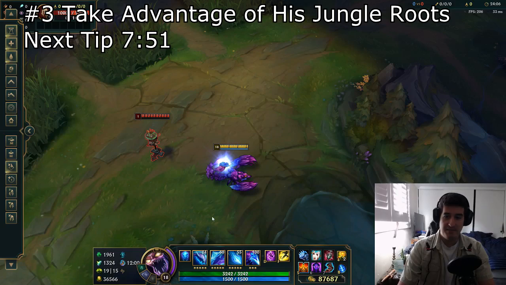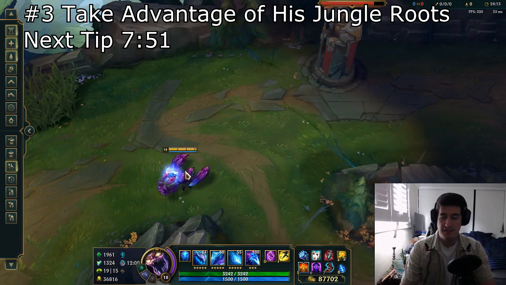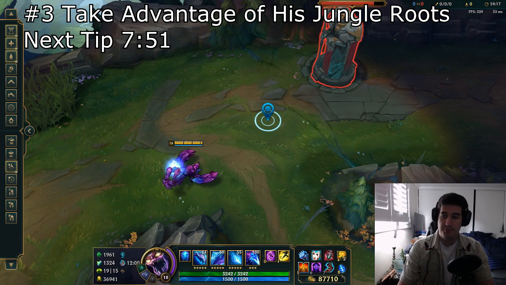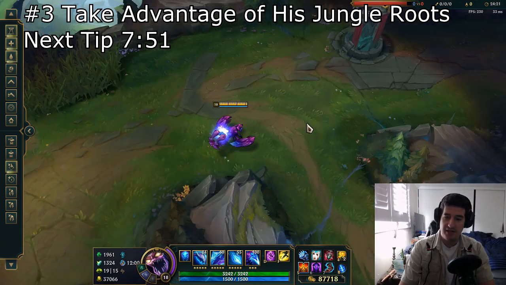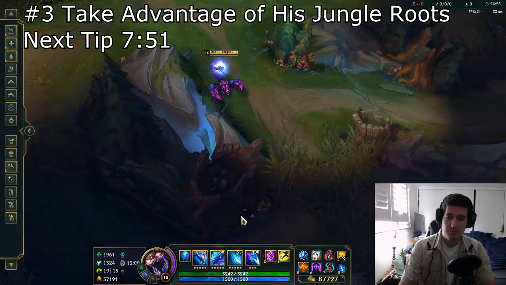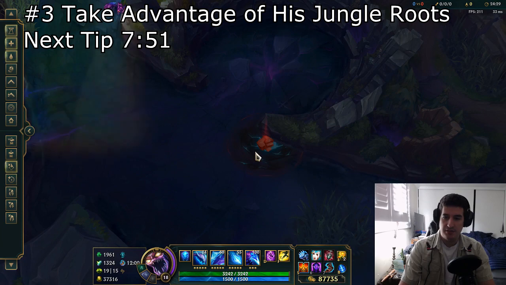Okay, and getting into tip number 3, I want to tell you guys about something that I think is extremely important when you are playing Skarner in the top lane, and that is when you are able to push the enemy under tower and they are just CSing under tower and you are unable to really dive them. How you want to look to play this out is by making sure that you are capturing the Crystal Spire here,